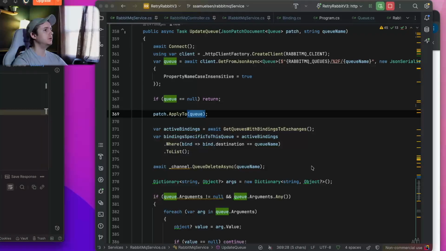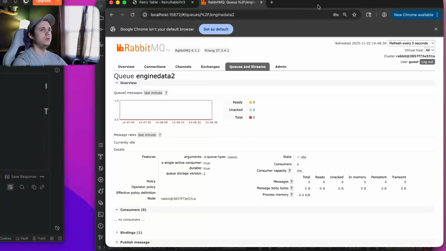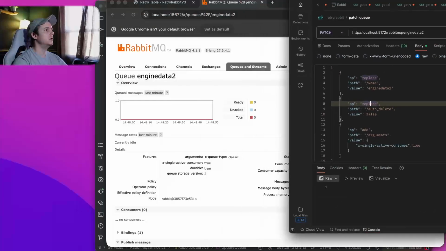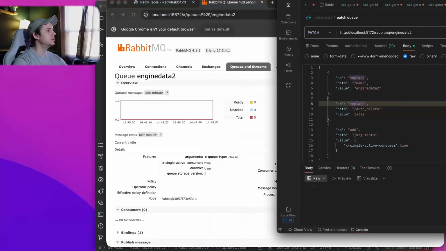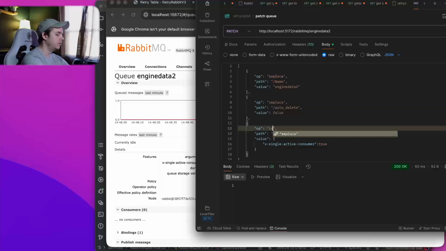Basically, I made some code to update a queue without having to come in and do everything manually inside the UI, right? Because if you work in RabbitMQ, I would have to delete this, re-add the bindings, and do everything. So I'm just going to run this endpoint, and I'm going to remove